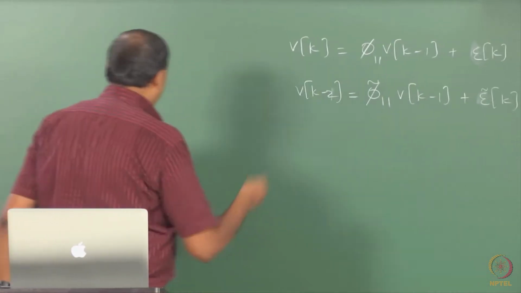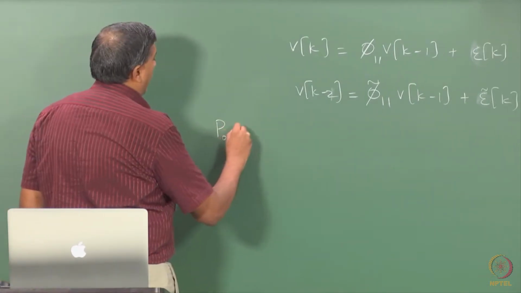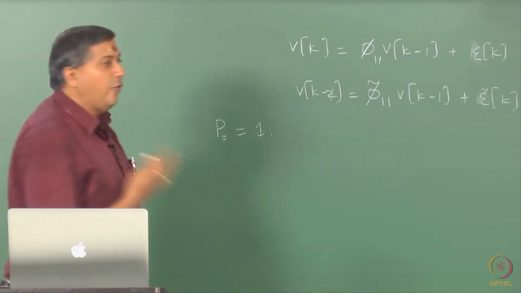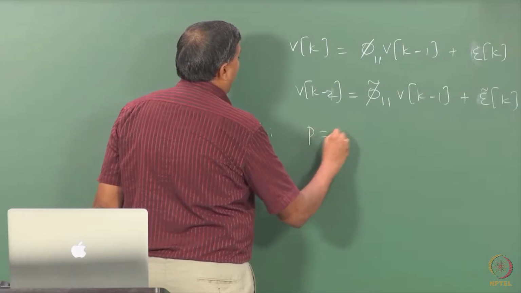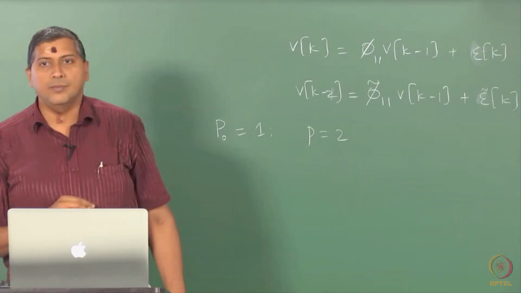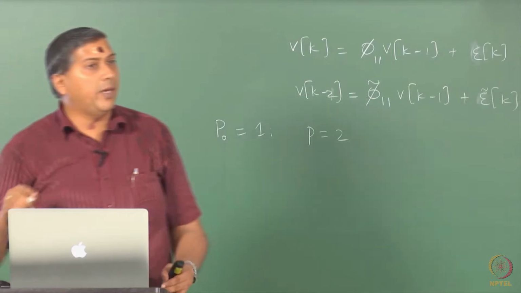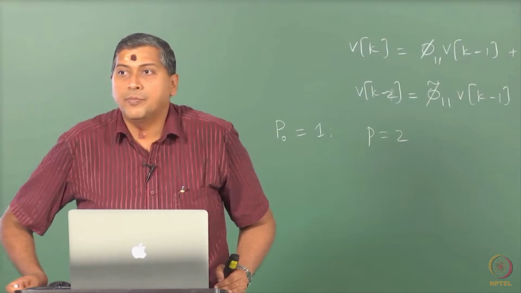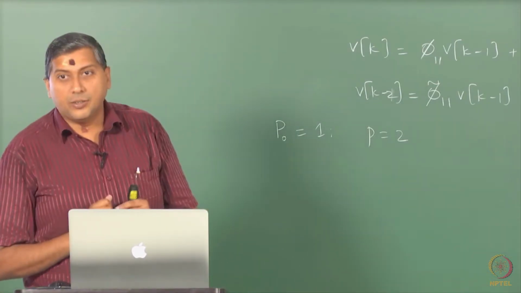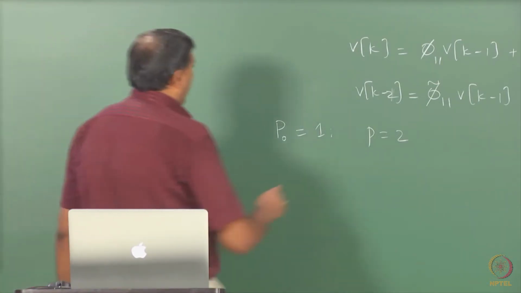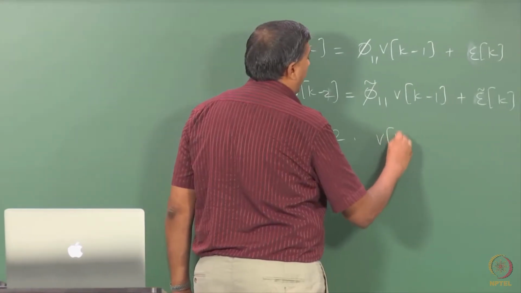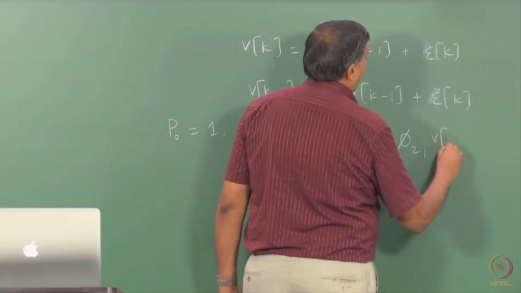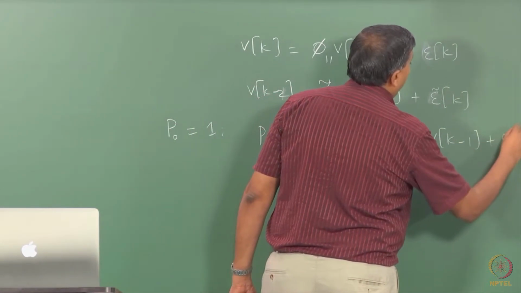For example, if I say P naught is 1, that is the underlying process is a first order AR, and I fit, let us say, a second order. So, this premise, the underlying result says that the second coefficient of this AR2 model is going to be 0. What is the model symbolically? V k is phi 2 1 V k minus 1 plus phi 2 2